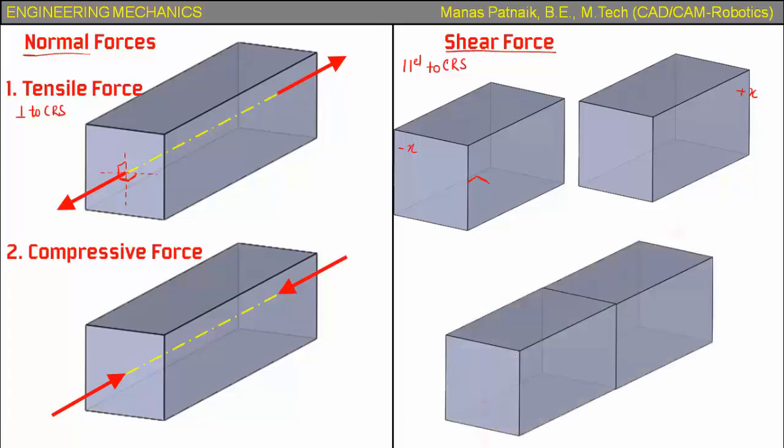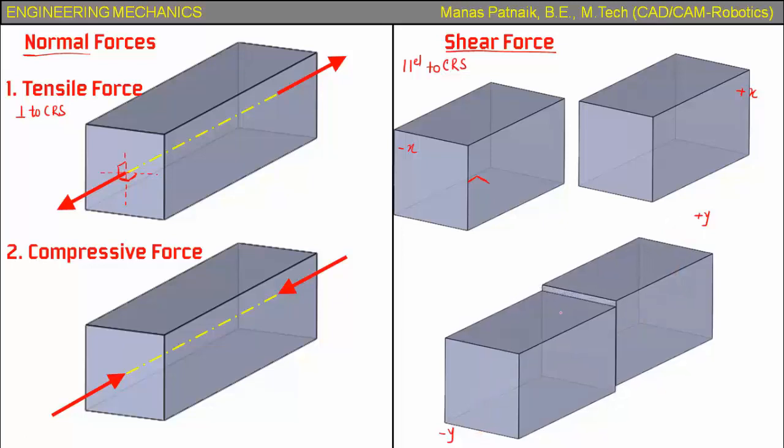Let's have an object again and let's have the forces. Now if you watch carefully, guys, the forces over here are acting in the positive y and the negative y direction. So what kind of an effect or impact are these forces going to have? Again, we are assuming that the object cannot rotate. All right, this is the effect that they're going to have.